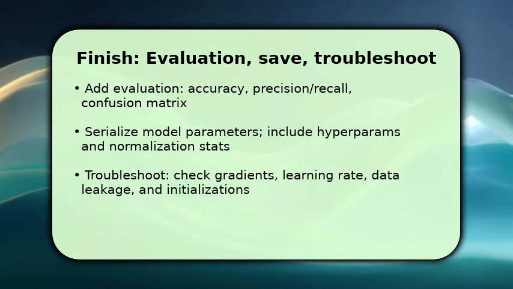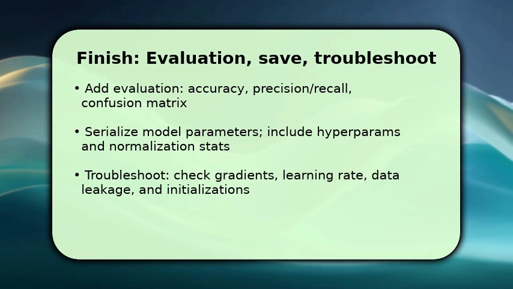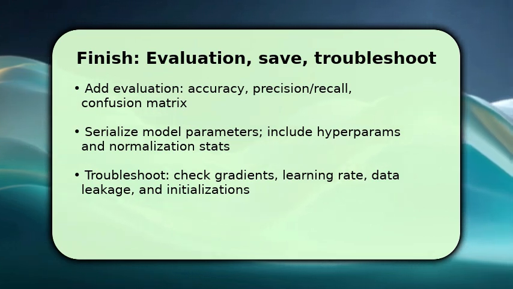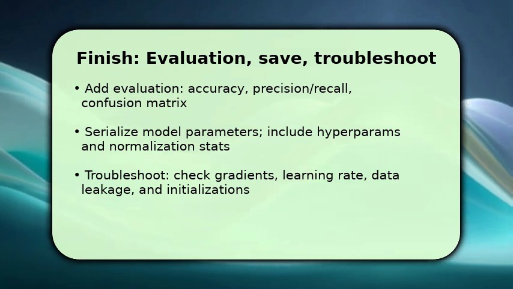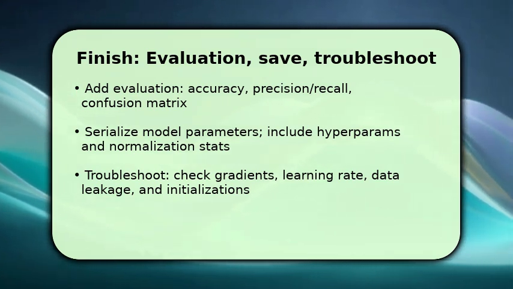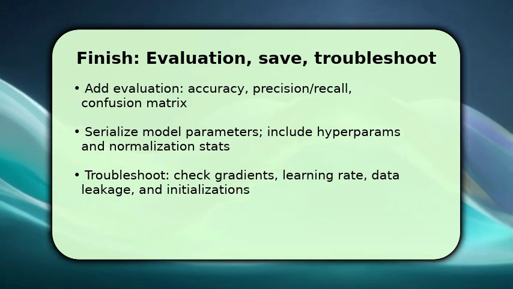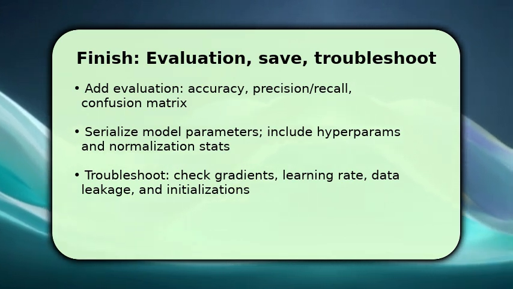If performance is poor, first check gradients for vanishing/exploding signals. Next, experiment with learning rate, batch size, and weight initializations. Make sure there's no data leakage between train and validation sets. Finally, run a few diagnostic runs with